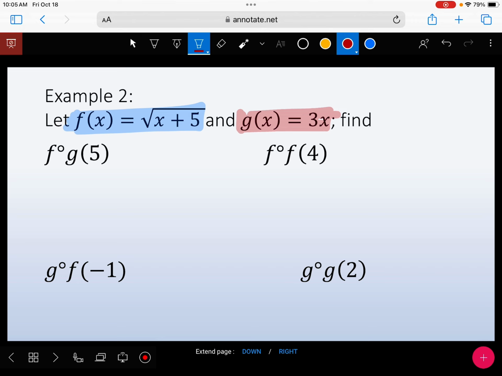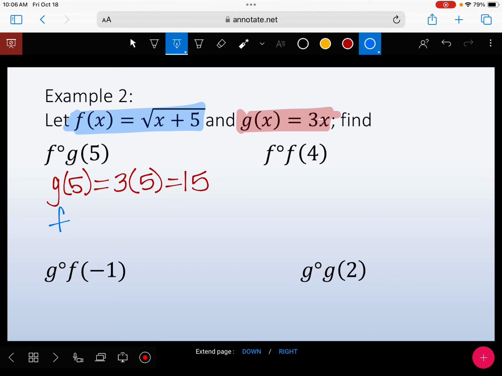You always start with the function closest to the input. My input is 5, and the function closest to the input is g. So I'm going to start with my g function and find g of 5, which would be 3 times 5, and that is 15. I'm going to take that result and substitute it now into the f function. So f of 15